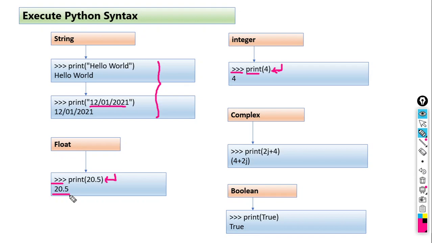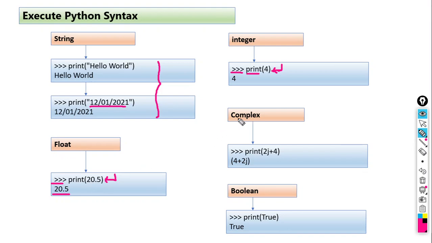Suppose I want to print minus 100.21. So we can print it. How can we print that one? Print within round brackets, write minus 100.21, then close the bracket, and press the enter key to execute that print statement. You will get the output minus 100.21. Okay, so whatever value we want to display, we can enclose it within brackets. Here also the quotation mark is not given because this is a numeral.